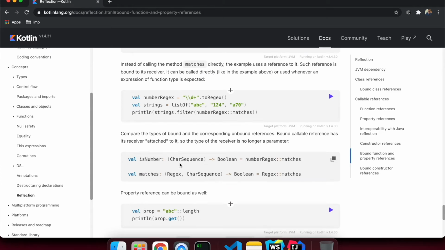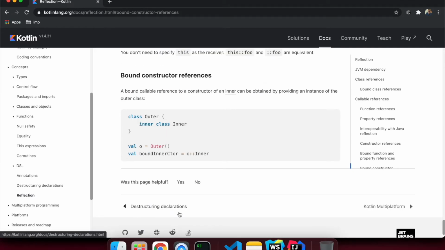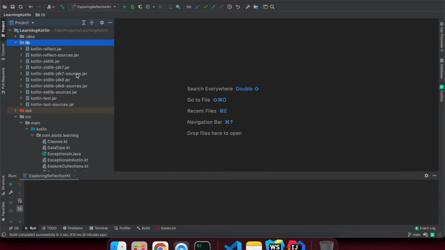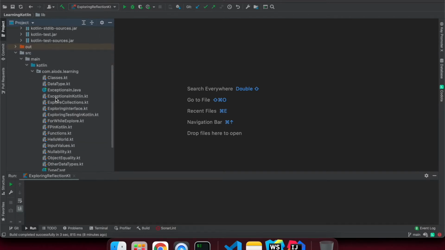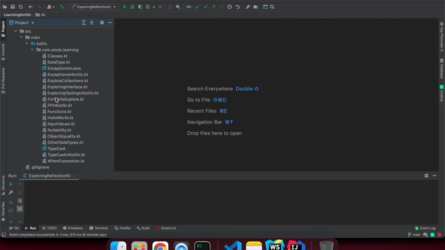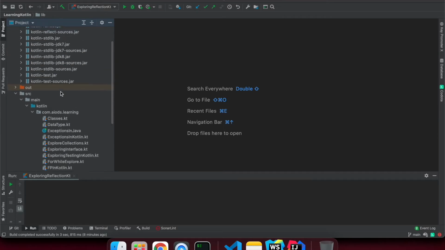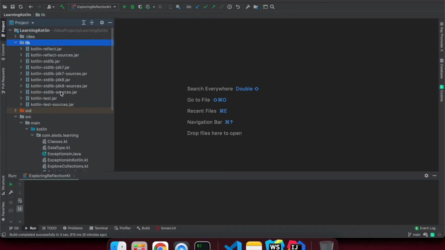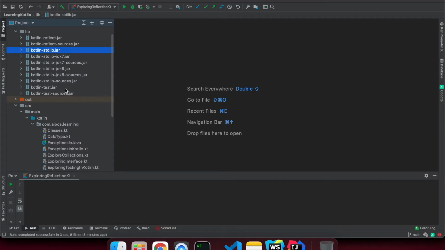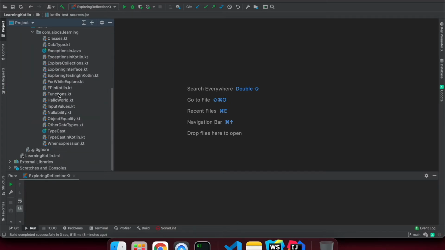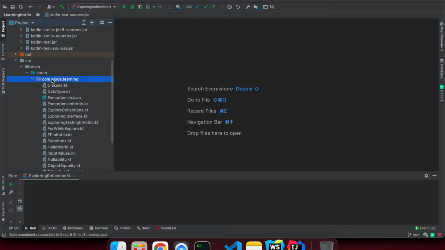This is really a key feature we should know. Method references, the way we have in Java, are similarly supported in Kotlin through references. So let's see how we can go through it. I have created this project where I am putting all my code in Learning Kotlin, and you can refer to my GitHub repo, where you can find it. I'm just updating it. In the Kotlin library's lib folder, you have reflect.jar, the standard libraries, JDK related libraries and the test library jar. We need those dependencies to support Kotlin features.